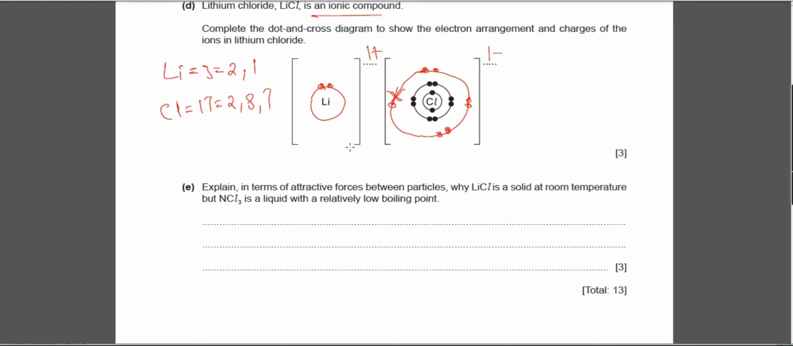In the next part, it says to explain in terms of attractive forces between the particles. Remember, in lithium chloride there are oppositely charged ions, and the attraction between the oppositely charged ions is very strong. Whereas nitrogen trichloride has a simple molecular structure, and we can say that it is made up of molecules. Remember that the attraction forces between the molecules are weaker, whereas the attraction forces between oppositely charged ions are stronger. So we are going to say that, or in another way we can write, due to